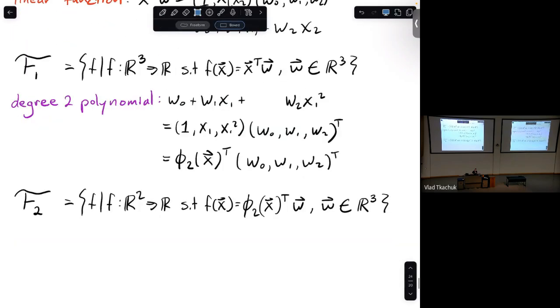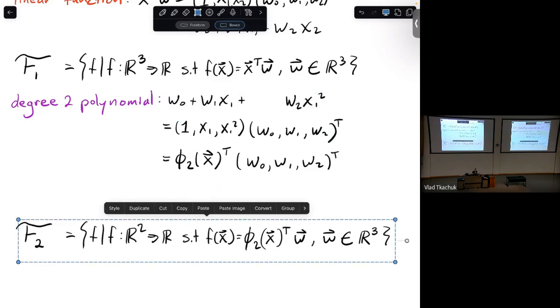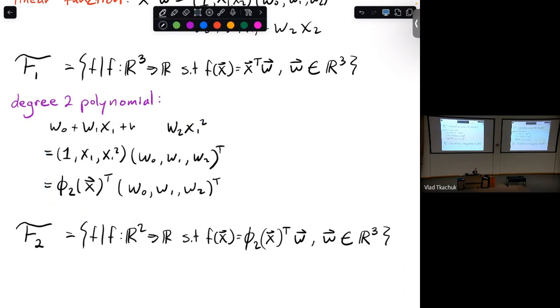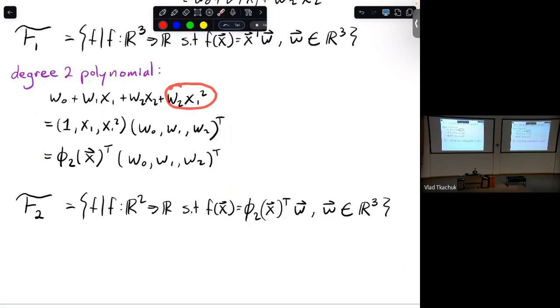And I'm going to need some more room, so I'm just going to move all of this down. Okay. So we had this in the linear case. And then in the one-dimensional case, we just added this, right? And we're still going to add that. It's going to be W3 now. We're also going to add the case for W2. But we're going to have to add one more term,